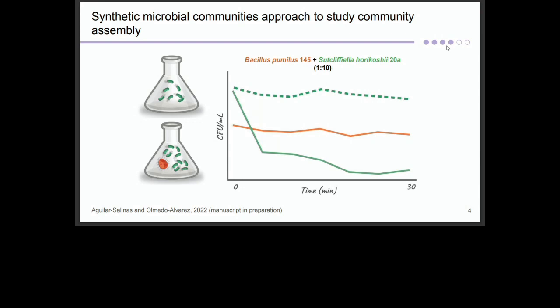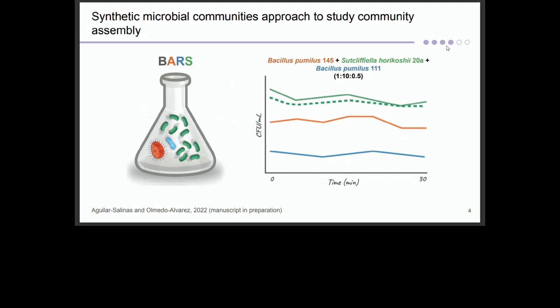What we are seeing here are death curve analyses. It is the CFU, the colony forming units. So he counts the units over time, and we have 30 minutes. The green dotted line is the green species, as I'm going to call it, growing alone. It remains constant, but if we have a pairwise interaction with the orange one, we see that in the first 5 minutes it's dying. So that's what antagonism also is. We can see antagonism this way.